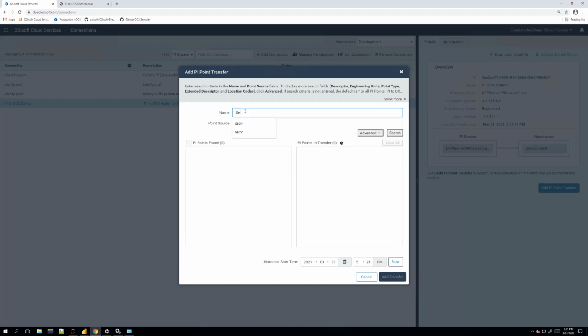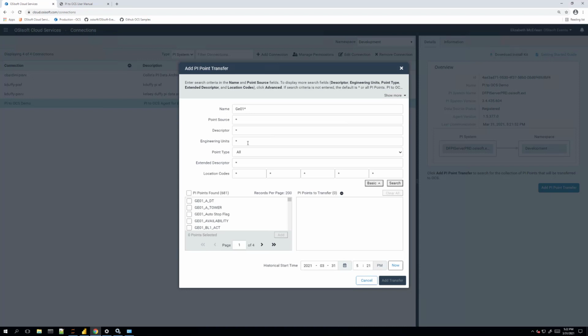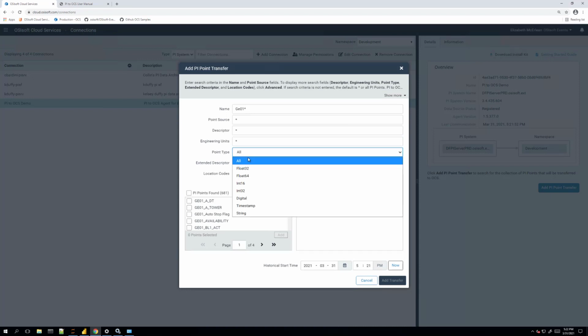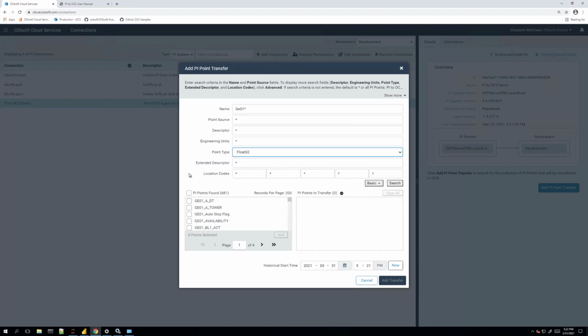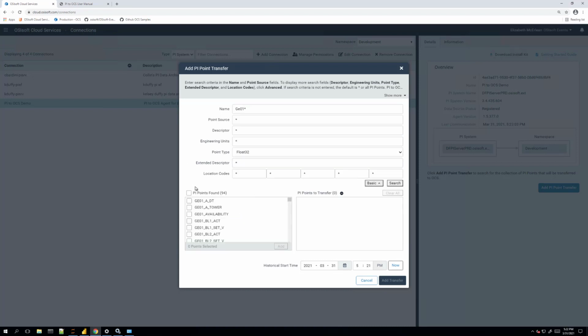So I'm going to choose a subset of the GE01 PI points. Then I'm also going to use the advanced search to select just one PI point type. And this is just going to narrow things down so that we can see all these updates happen in real time during the demo. Once I've got this list of 94, I go ahead and move that over to the right,